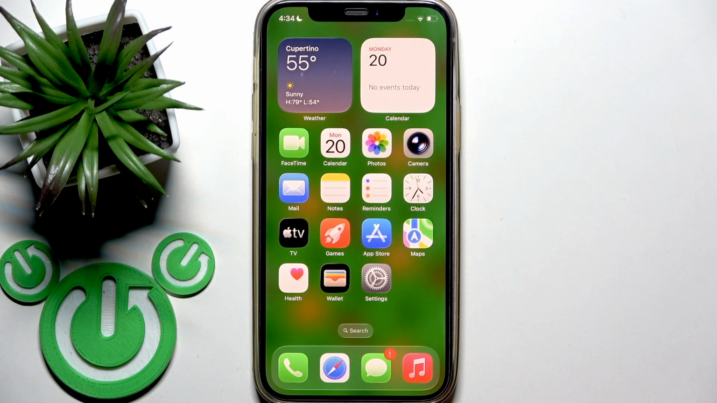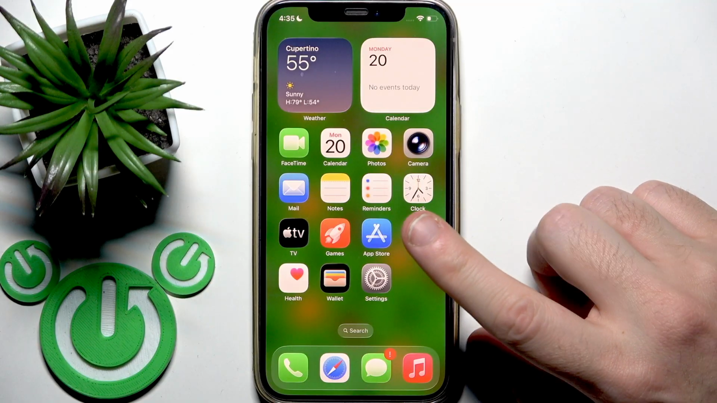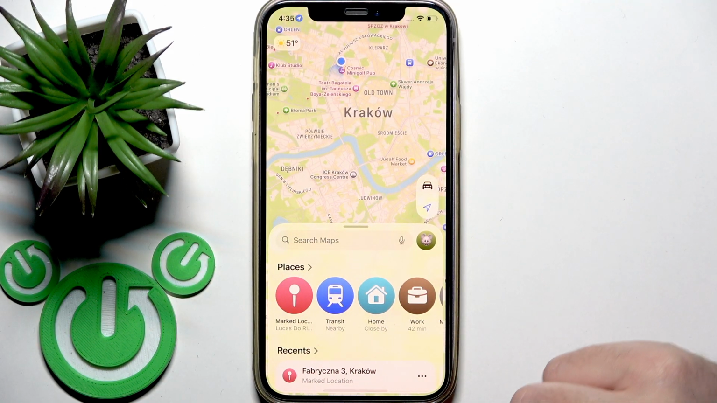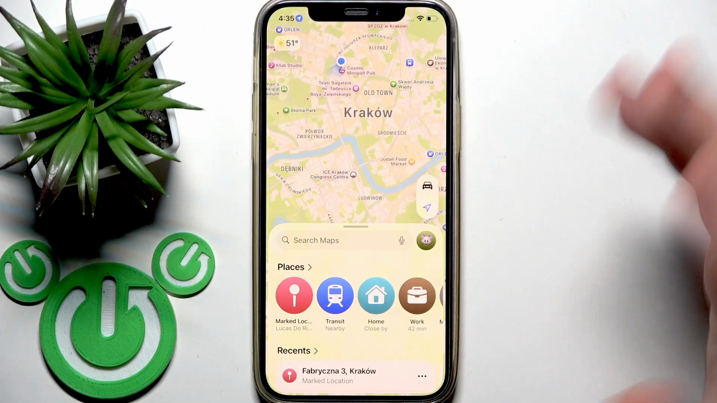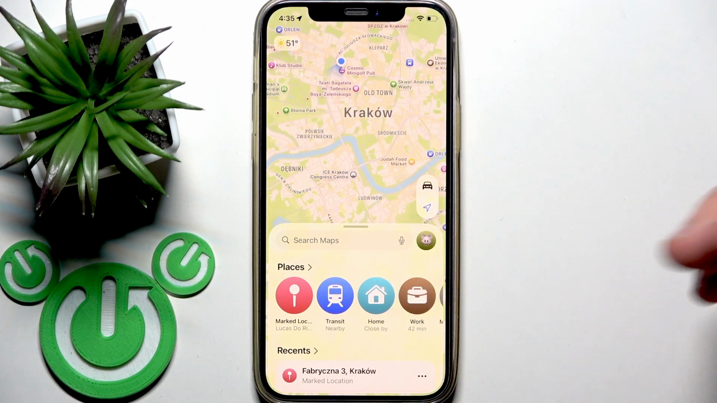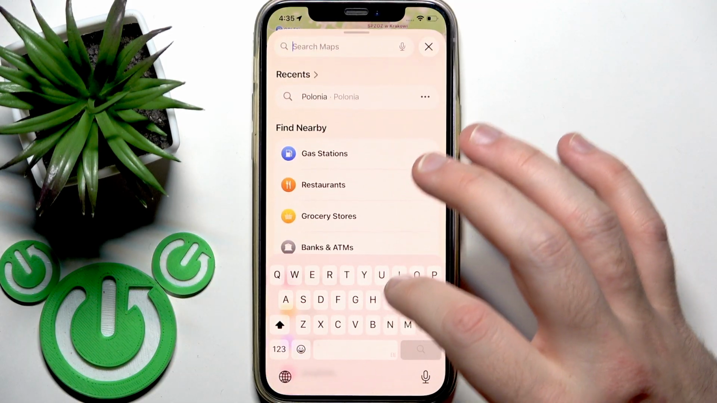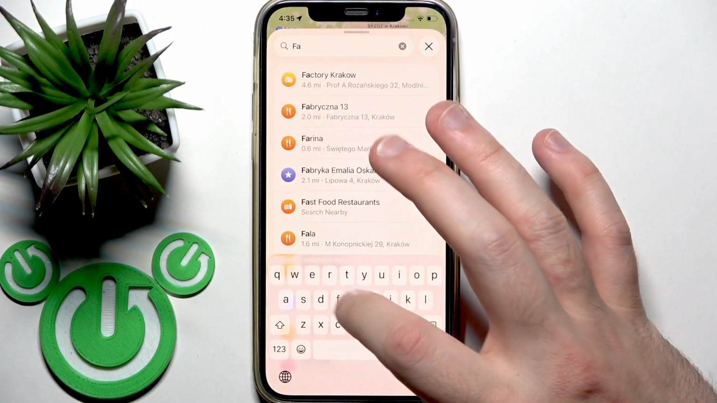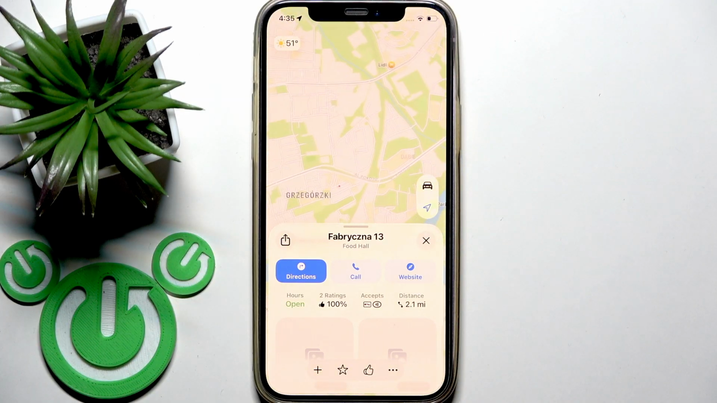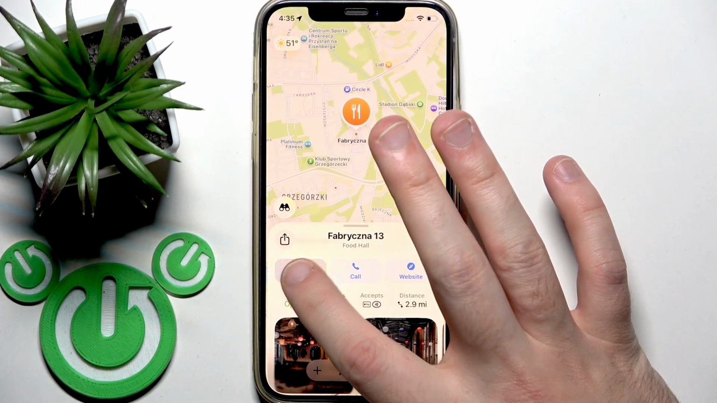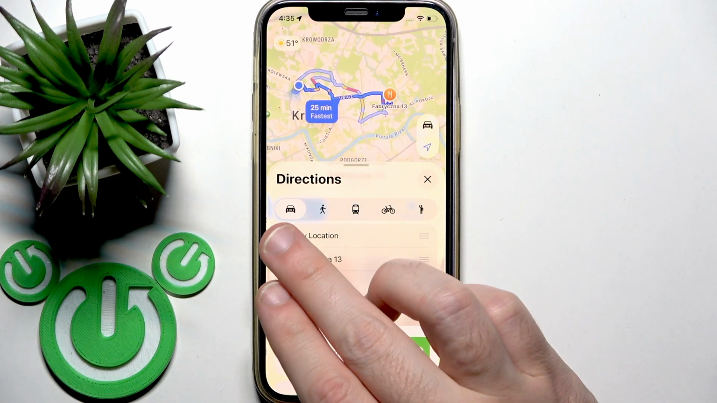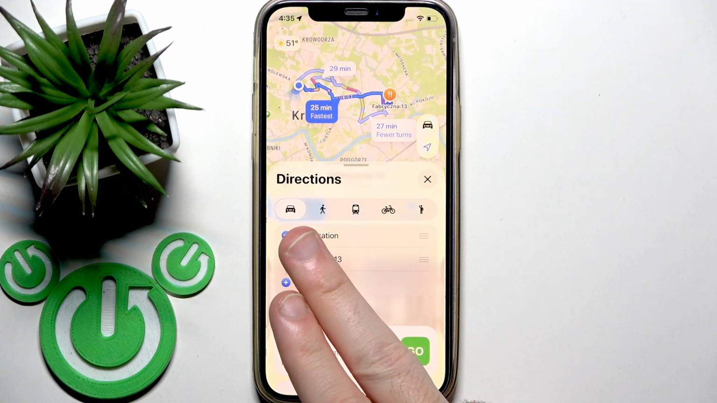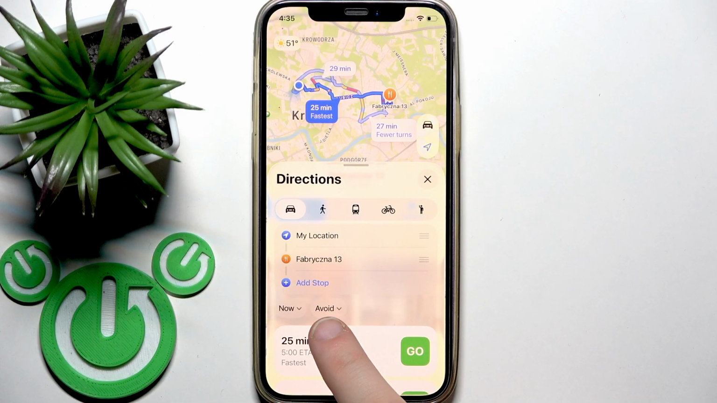You have to start by opening the Apple Maps application, and then you need to write your destination. So let me select something. Let's say this one. So we click to select the mode, and now we use a car,